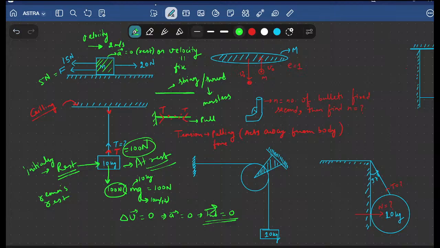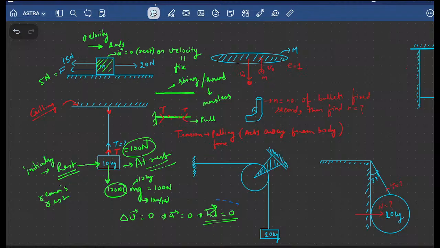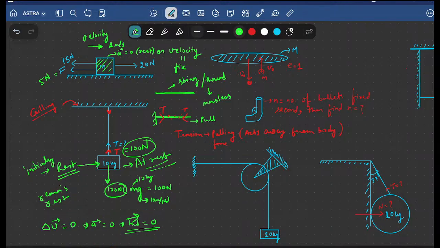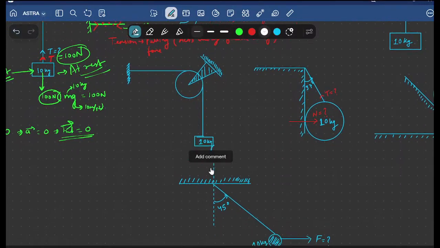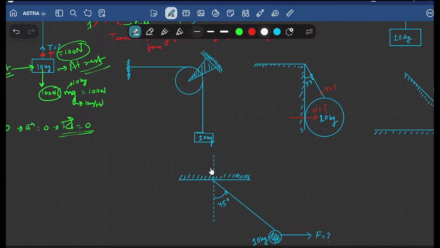Okay. Now let us take this question. These questions are overrated. I don't understand why teachers glorify them so much. These are the easiest questions of physics. But you will see that people are glorifying them like these are very good questions. I don't understand. If you study physics from me, I guarantee you physics will be the easiest subject of your life.